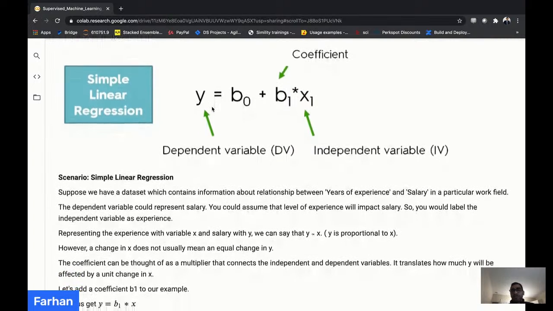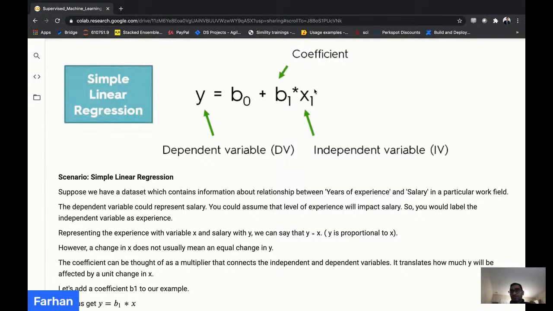This is what the linear regression model is trying to do. It is trying to learn the relationship between the output column and the input features, and these coefficients b0 and b1 are the values that we need to find in order to get the best model. That means the model which can explain the value of y, or the value of the target variable, very well